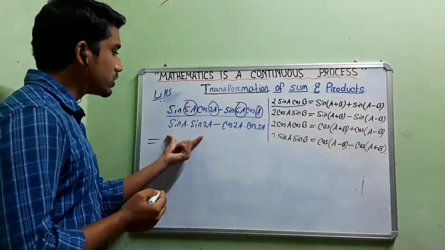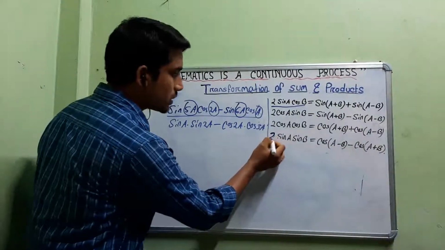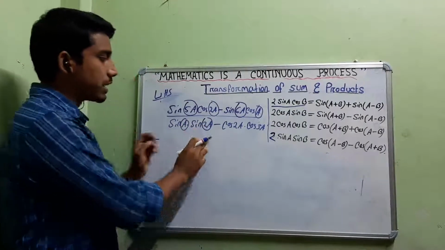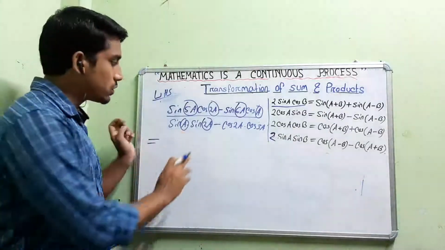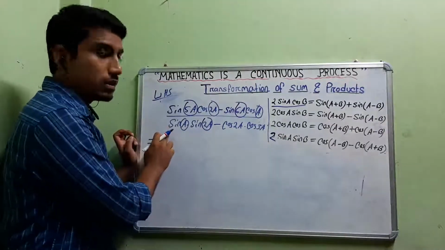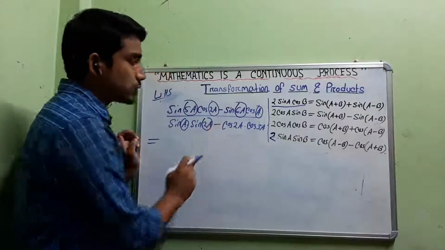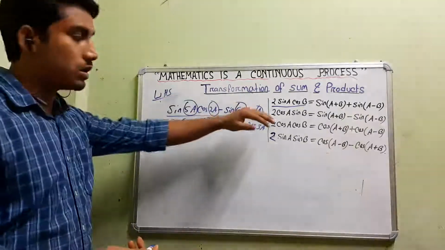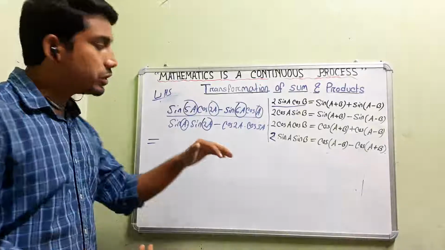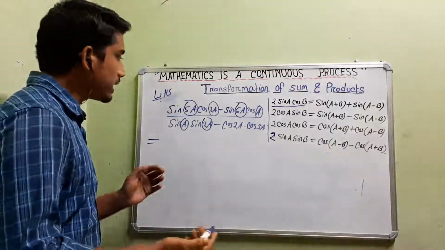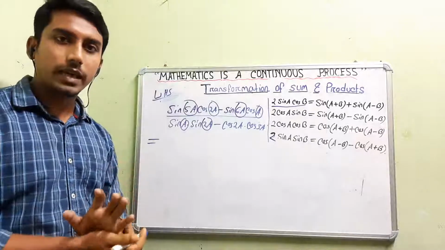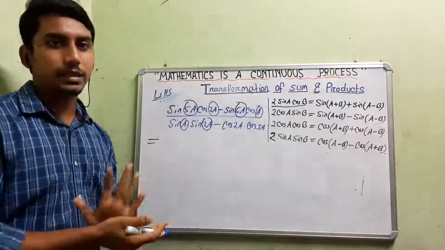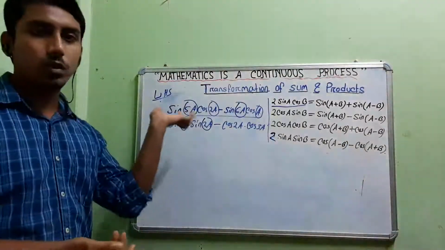Again in the denominator you can see this is 2 sin a sin b. We have sin a sin b because the larger angle will be a and the smaller one will be b. Here also you need one 2, and in this part also we need one 2. So the whole numerator I'll multiply by 2, and the whole denominator also by 2. In that case both the 2s will be cancelled out, and we'll be able to get the first line again.